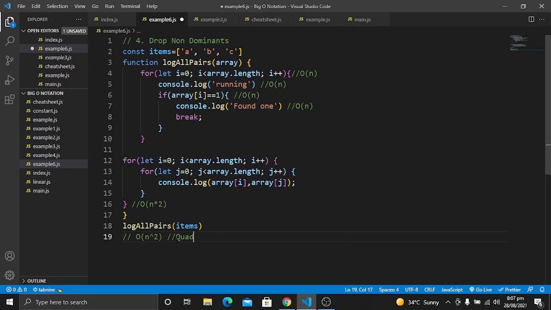So this is an example of quadratic time complexity, and also of dropping the non-dominant terms, which is the fourth rule in our big O notation rule book.